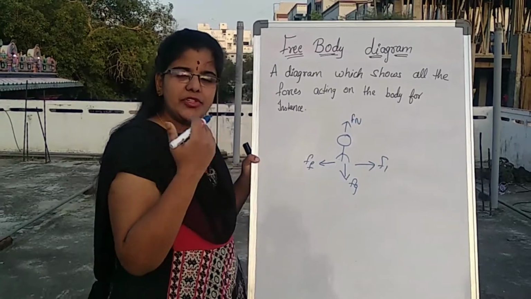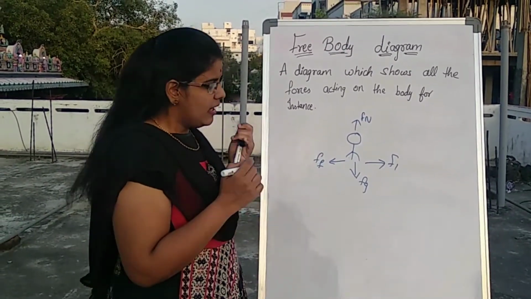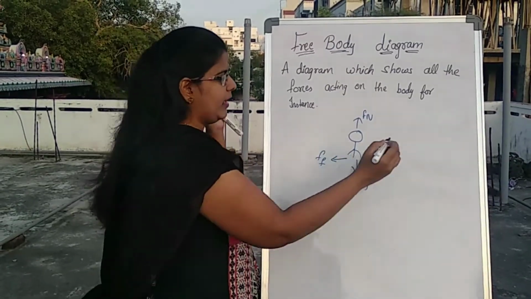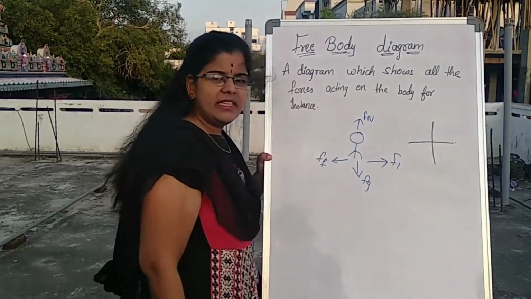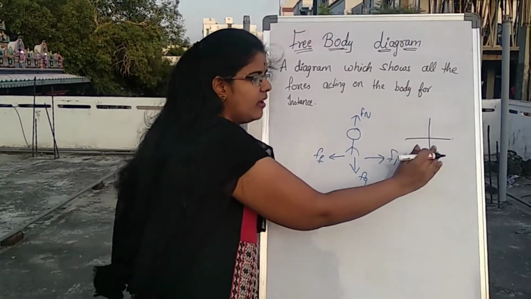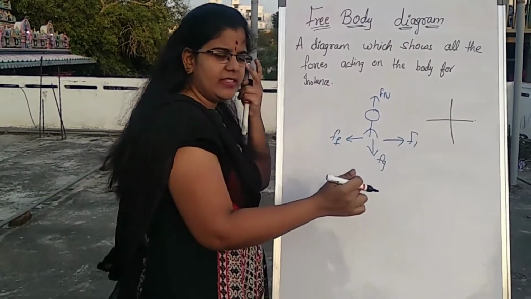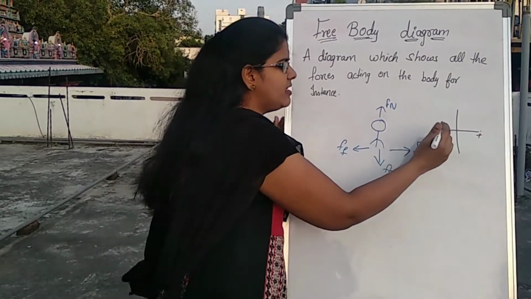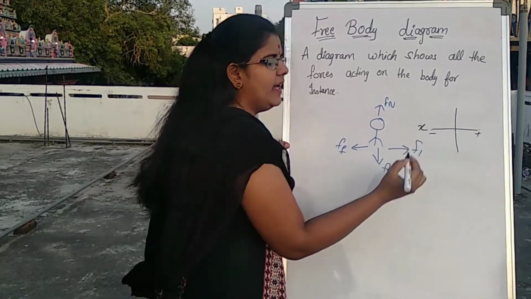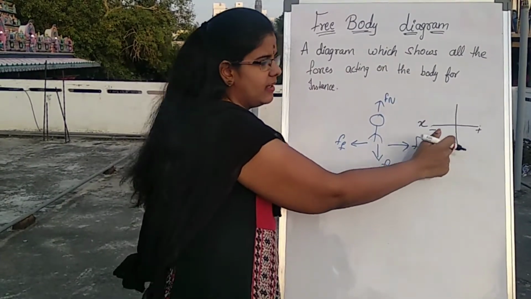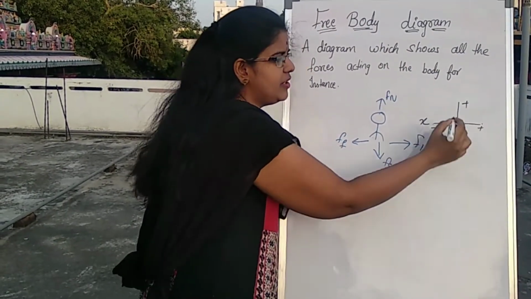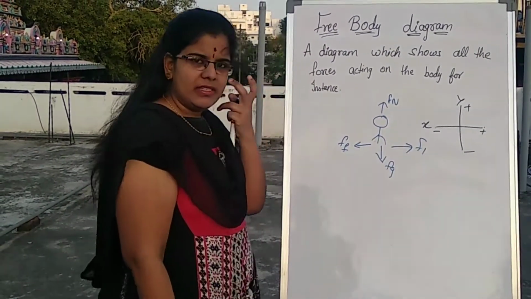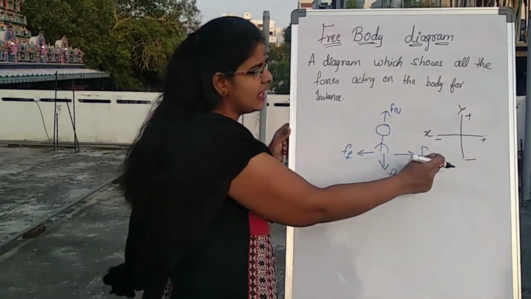To calculate which to take as plus and which as minus, you can take the help of a graph. I hope everyone knows how to represent the signs on a graph. This is the x-axis and this is the y-axis. On this side of the x-axis it will be positive and on this side it will be negative. For the y-axis, the upward direction is positive and the downward direction is negative. These are the signs you can take.